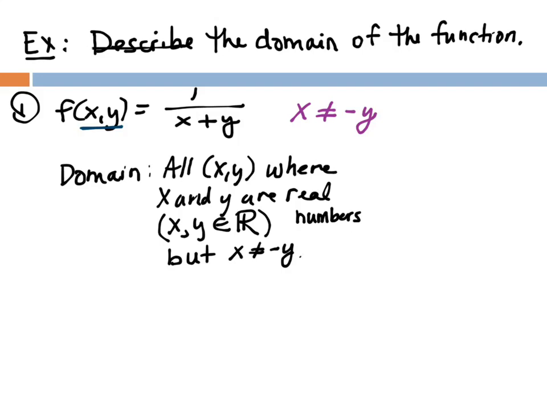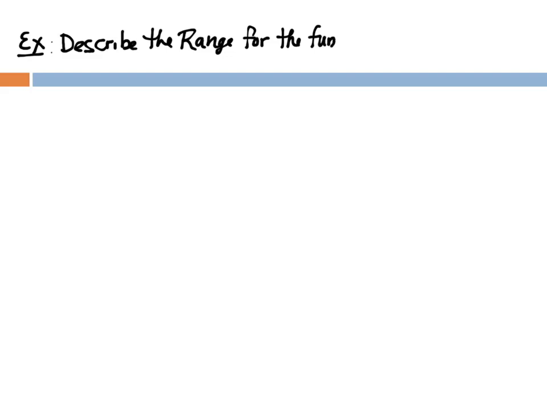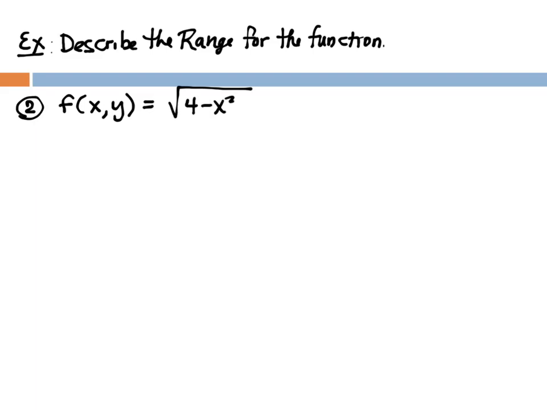And if we've just talked about domain, what do you think we're going to talk about next? Range. That's correct. So our next example is going to be the same thing, but dealing with range. So we're going to describe the range for the function. We're going to use the function f of xy equals the square root of 4 minus x squared minus y